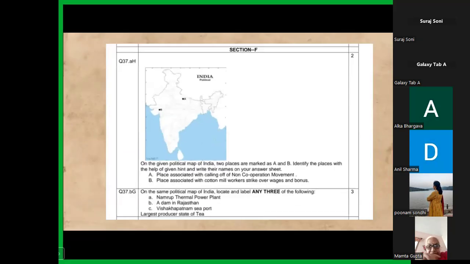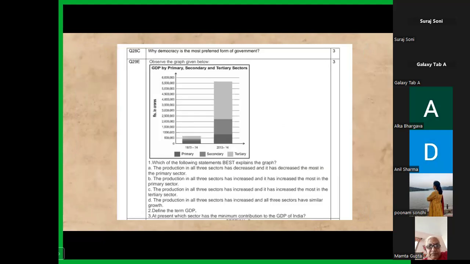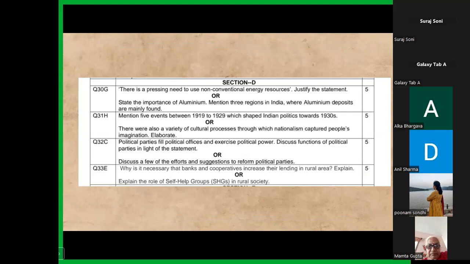Also, when we are talking about choice, an important aspect for the teachers as well as for the students is, let's say we have this section D where we have questions for 5 marks. So when we have an internal choice, we need to make children understand that please pick up a question which the child can answer in a better way, not the question which is very difficult or which is very easy. For a 5 mark question, tell the child to identify 5 clear points. And likewise, even your question should be prepared like that.